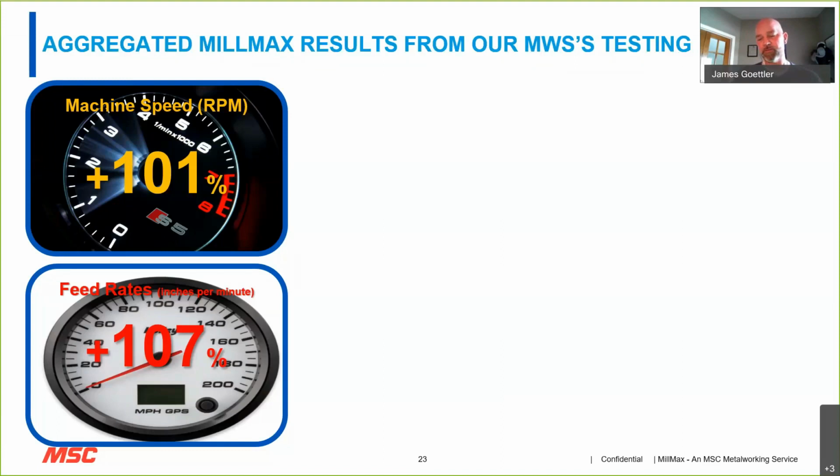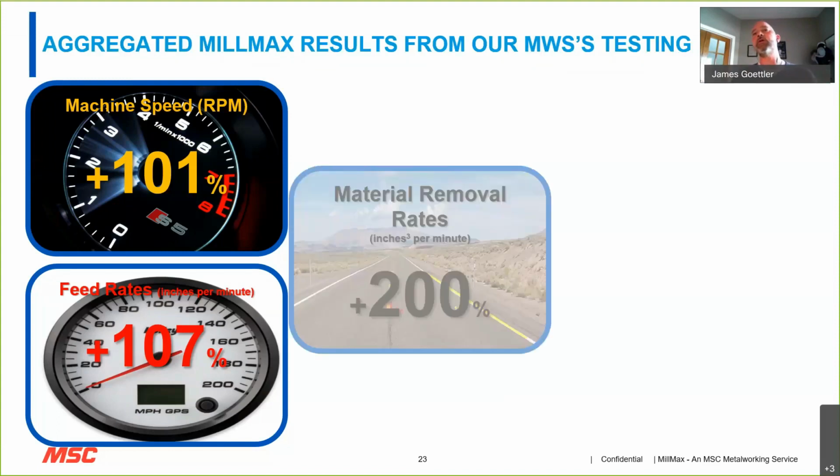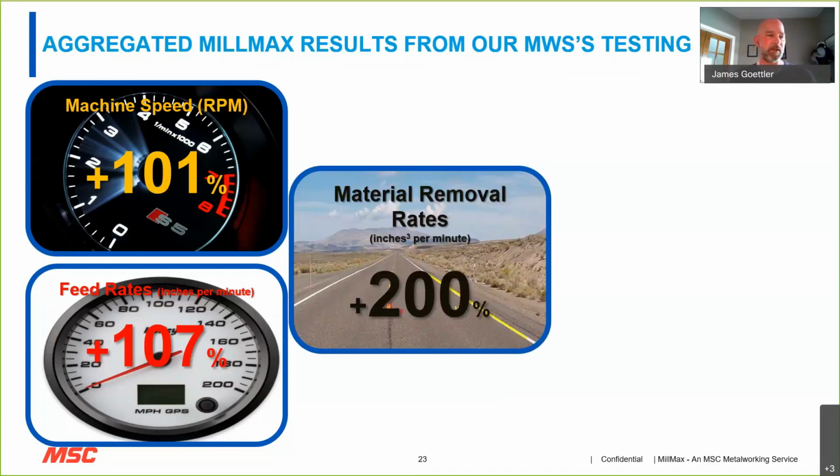So more than doubling feed rates. Again, if we show up and our customer is machining at 20 inches a minute, on average, when we leave there, we're going to be closer to 40, 42 inches a minute. Where we're really seeing significant, useful data output for our customers that's making a difference in their operations is in